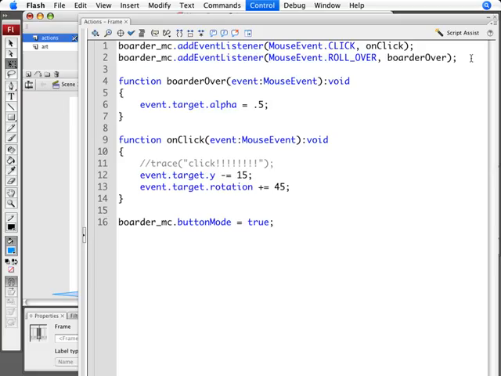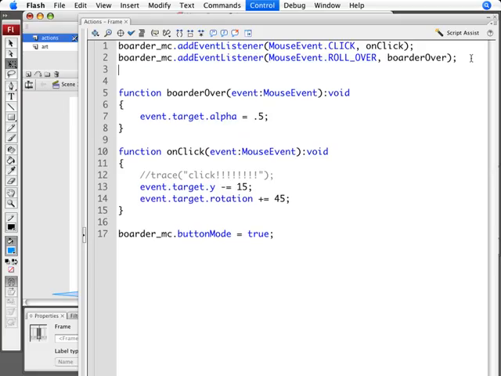line of code. After the semicolon, I will go to the next line and then paste the code by pressing Command or Control V. All we need to change here is where it says MouseEvent.ROLL_OVER, change it to ROLL_OUT. Just make sure it's all capitalized. Just like that. It should be blue when you're done typing it. We'll change the function name to borderOut,